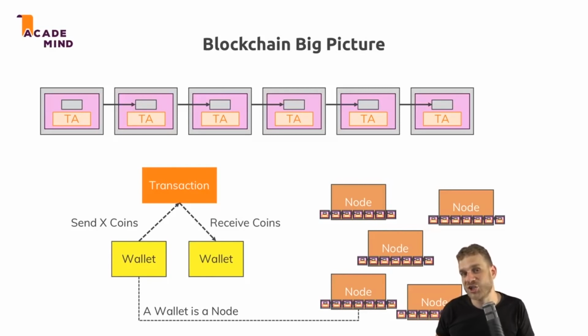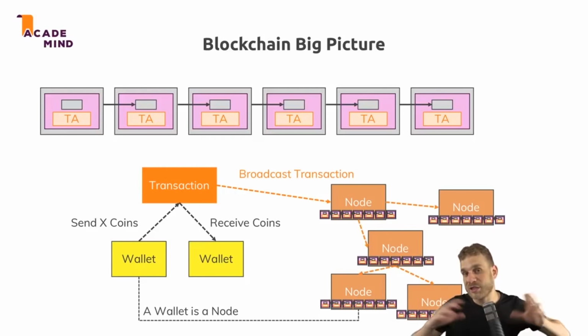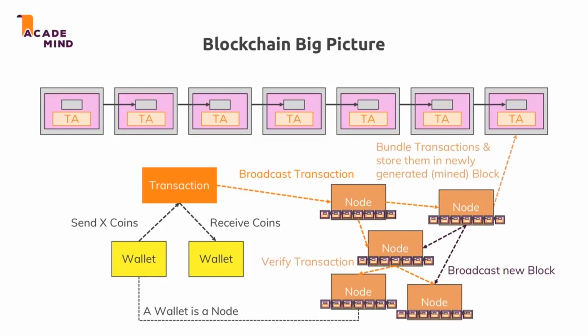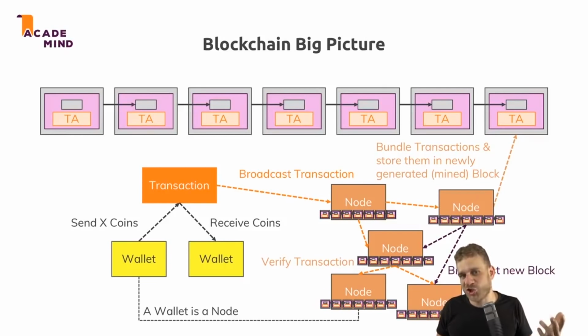And if such a new transaction is created, it's broadcast to the nodes. Nodes also distributed across the whole node network. And they will verify a transaction while doing so to make sure you have enough funds and to make sure that you really are who you claim to be. And once a couple of transactions have been collected, one node will eventually bundle them up in a new block and then inform the other nodes about that new block so that it is added to the blockchains of all the nodes on all the different computers, only after this new block and the whole chain it belongs to has been verified by all the nodes, of course.